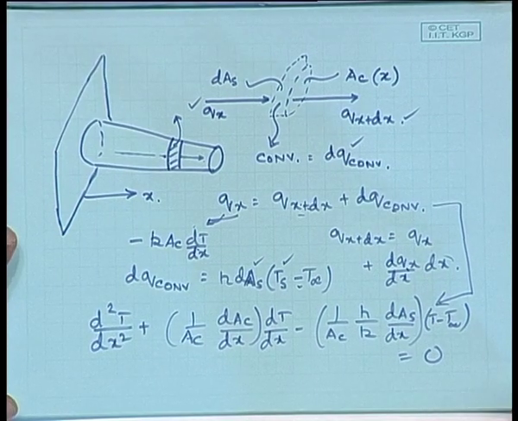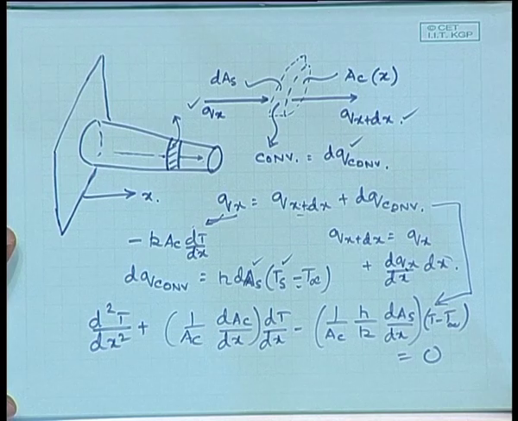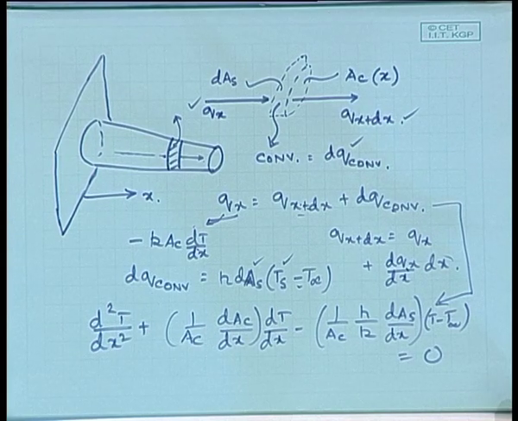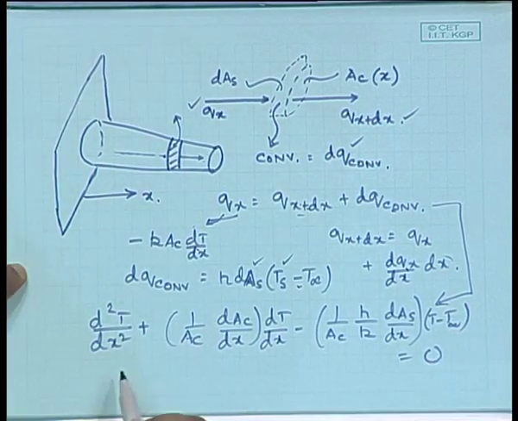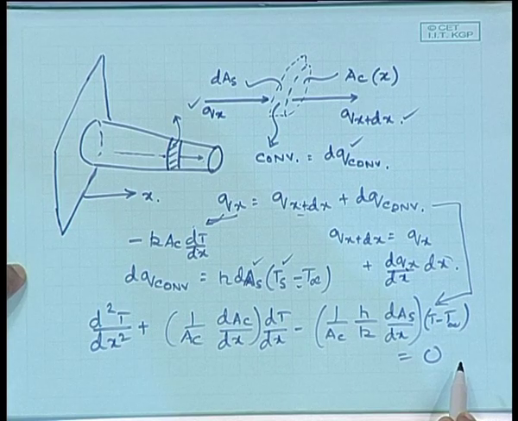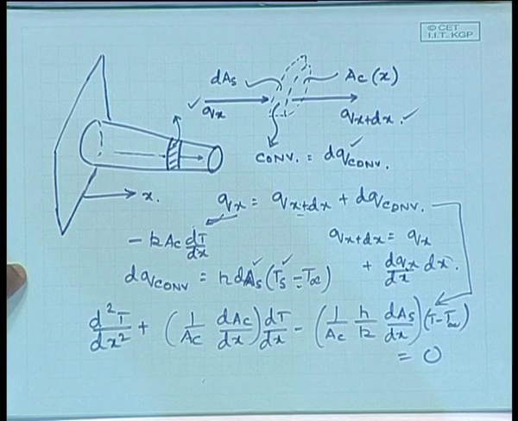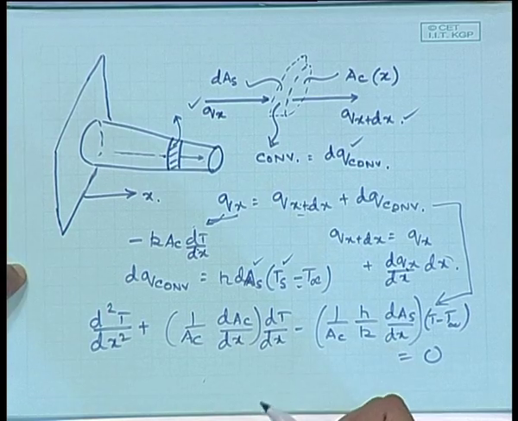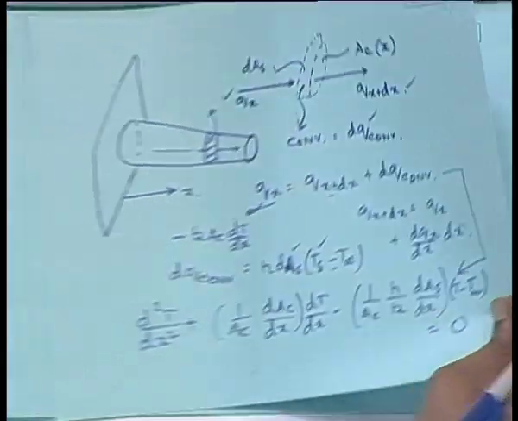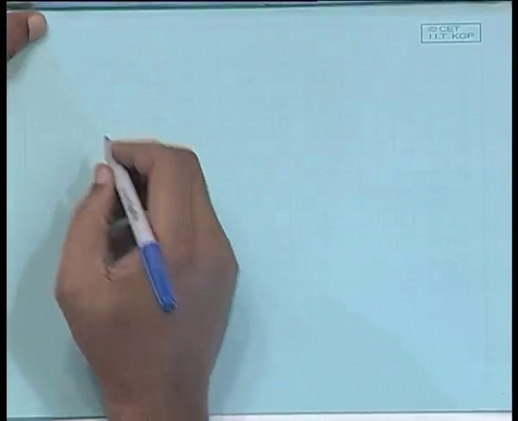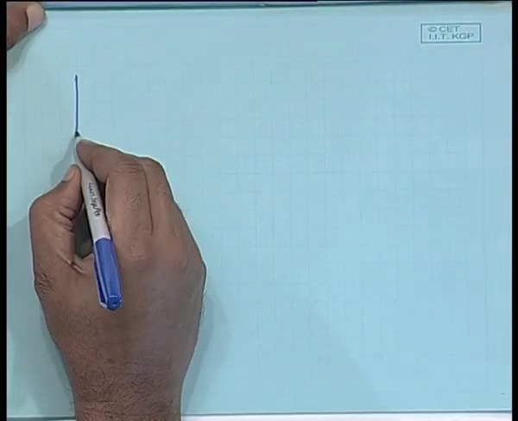What happens if it is a cylindrical fin of constant cross section? Which term here you can say it is going to be equal to 0? So, this is going to be, there is no change in the cross sectional area. What happens if it is, let us say, a straight rectangular fin? That means it is a key.